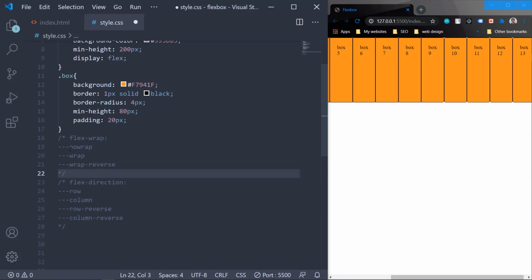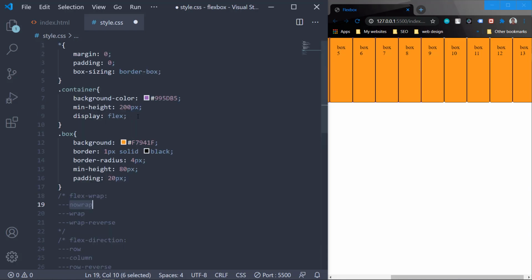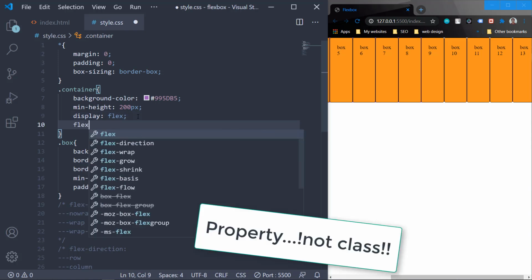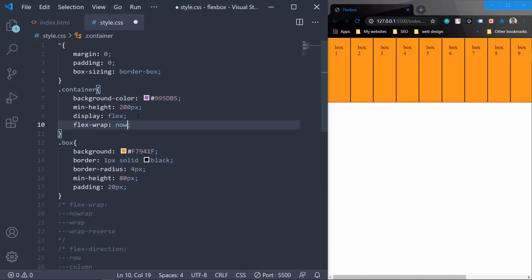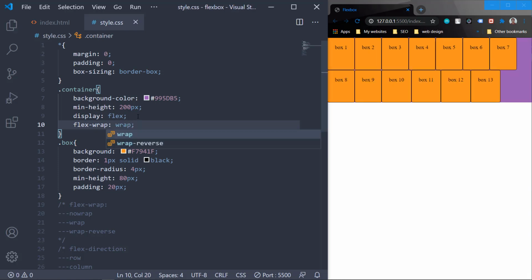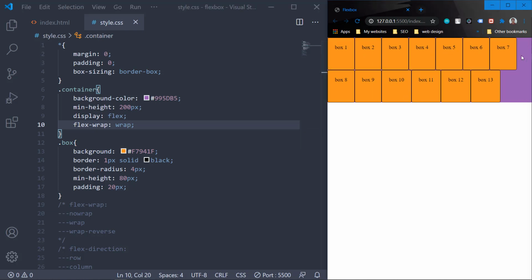So these are the values. The nowrap is the default. We can also make it wrap, and if we give it a value of wrap, they will try to wrap onto multiple lines from top to bottom. Let's also see that. Let's give it a class of flex-wrap. The default value is nowrap, so if we do that, nothing will change. But if we give it a value of wrap, now they will align in different lines. They first try to accommodate everything in a single line. When they cannot, they push it to the second line. Now the third value of it is wrap-reverse.